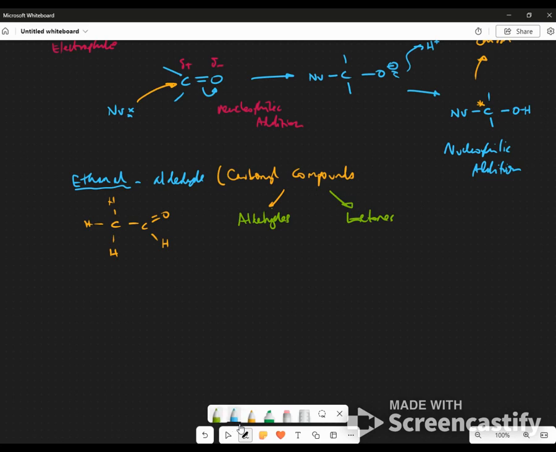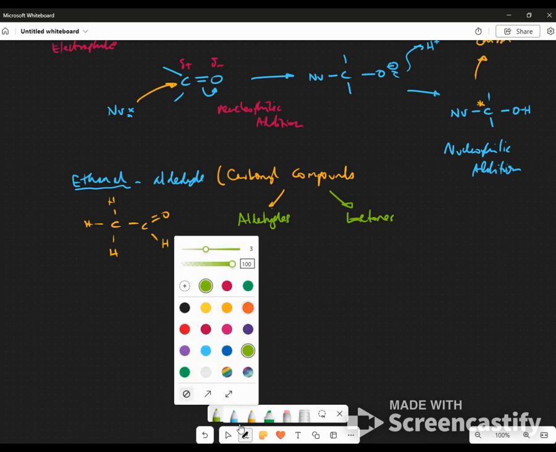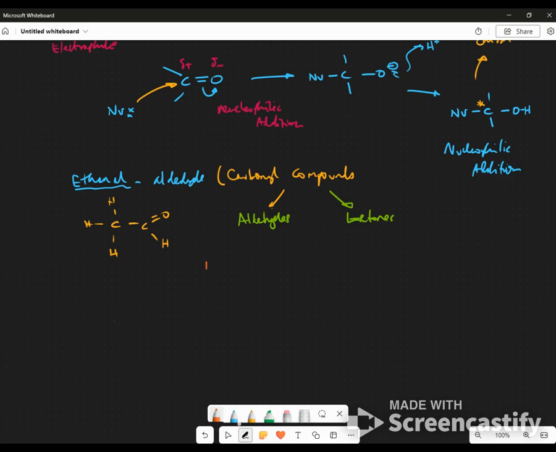Now, what's the nucleophile in this case? Well, the nucleophile we're going to use is hydrogen cyanide. There's the cyanide group, and there's a hydrogen. So this is going to add across our CO double bond, across the carbonyl group there. All right. So a few things we've got to know then. First of all,